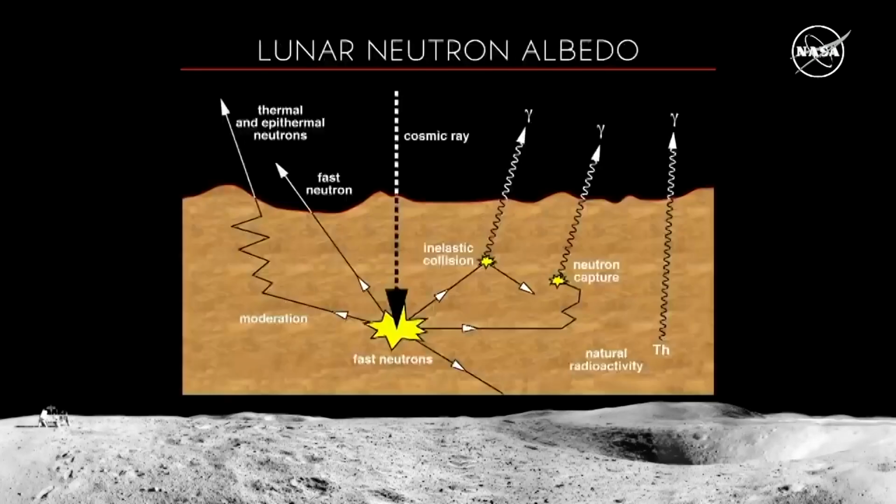The galactic cosmic rays and the solar particle events strike the lunar surface with very high energy, and they can cause nuclear reactions with the atoms of the surface material of the moon. The interaction of the high energy particles with the subsurface create temporary radioactive elements which decay and emit neutrons. These neutrons find their way out of the surface and can actually be detected from orbit, and sensors